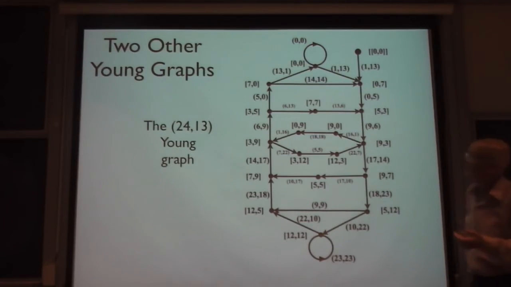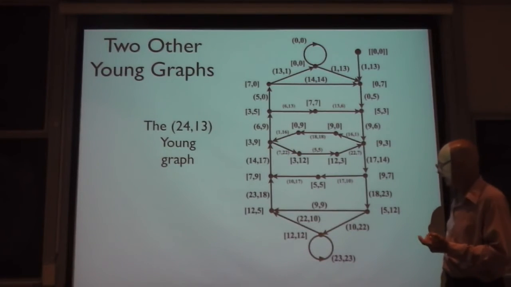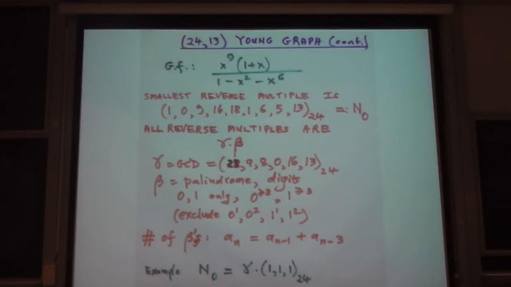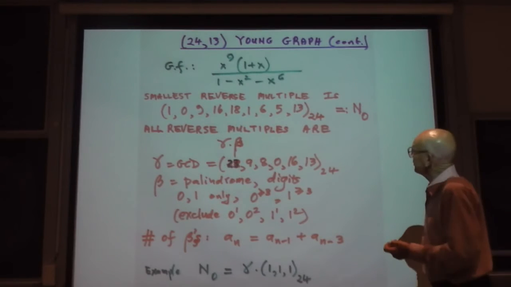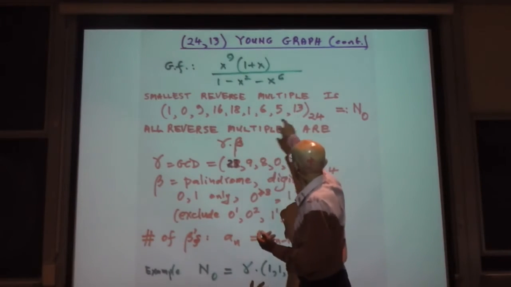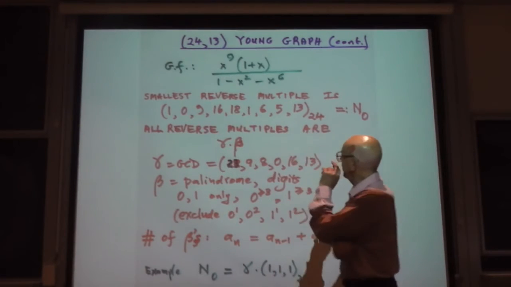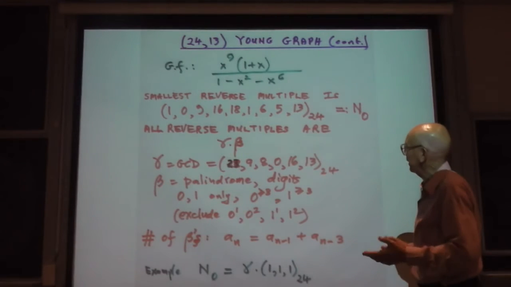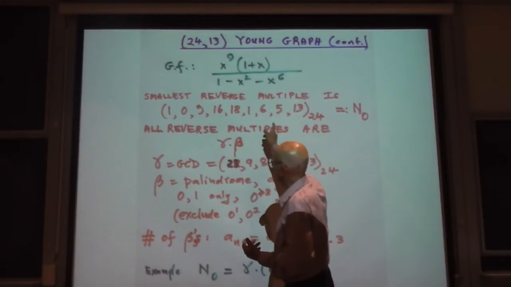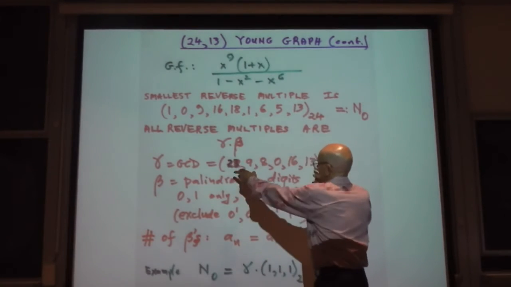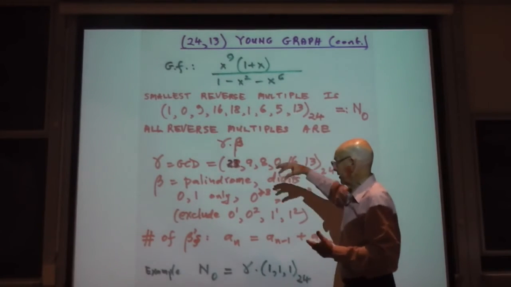Now, here's another example. This is the 2413 Young graph. Things have gotten a lot more complicated. The generating function is, however, very simple. The smallest reverse multiple is this, of length 9, corresponding to the x to the 9th there. And again, this is palindromic. The reverse multiples are, there's a GCD, which is not the same as the smallest reverse multiple, but all the multiples